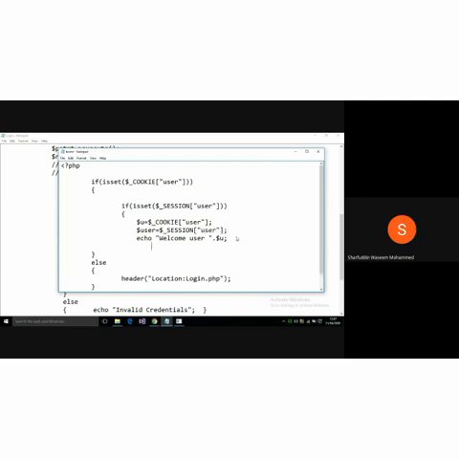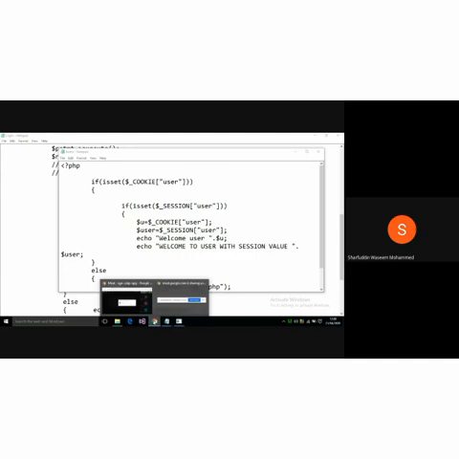I will write it here: echo, in capital letters, Welcome to user with session name or session value. Again, sessions have both things, a name and a value. So $user.